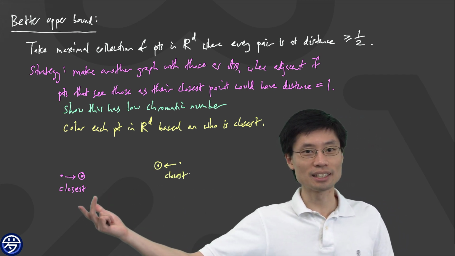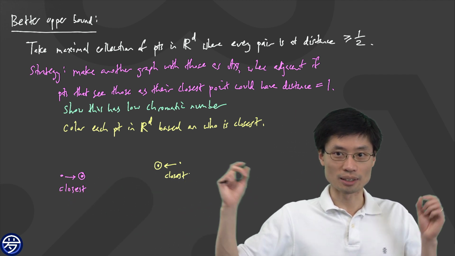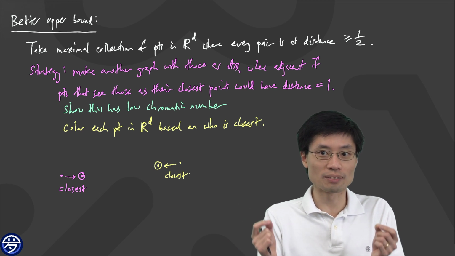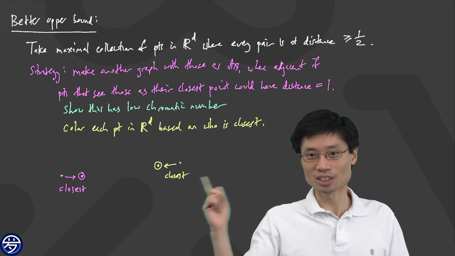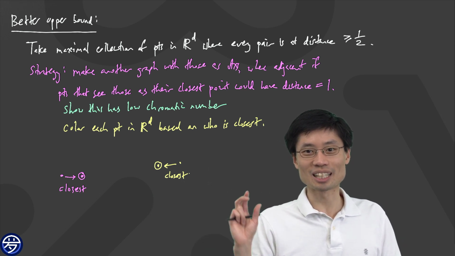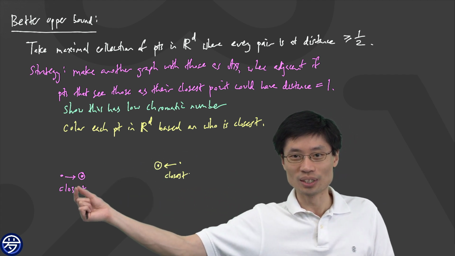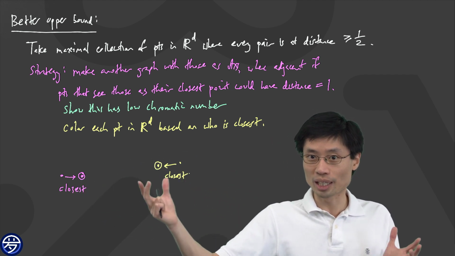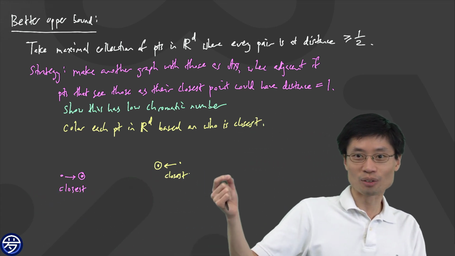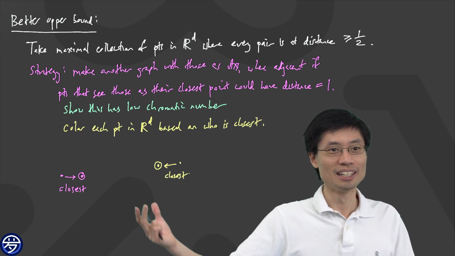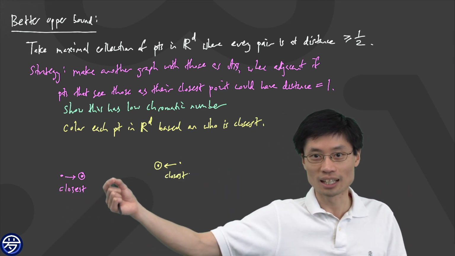Okay, so I'm trying to say, as long as these 2 points that thought they were the closest potentially have a distance of 1, then I need to worry about it. Actually, once you see that I drew it this way, you see that probably these are not the way I need to worry about. It's not that these 2 circled points are worrying about each other because there's some point farther away over here and farther away over there that think the distance is 1. In fact, the worst case is when these other points that think it's the closest are on the other side.